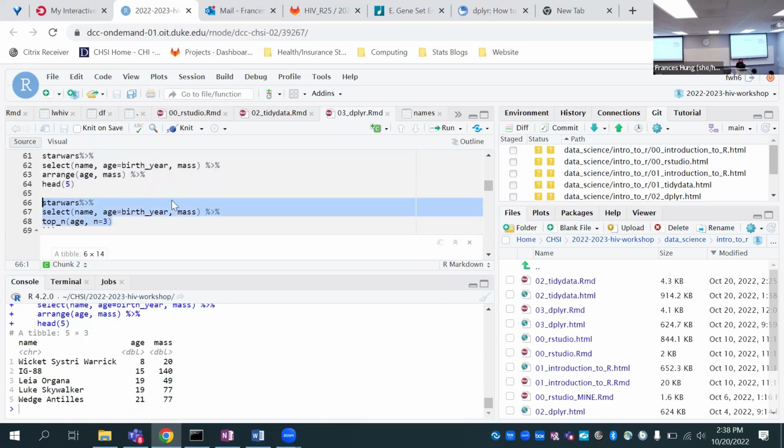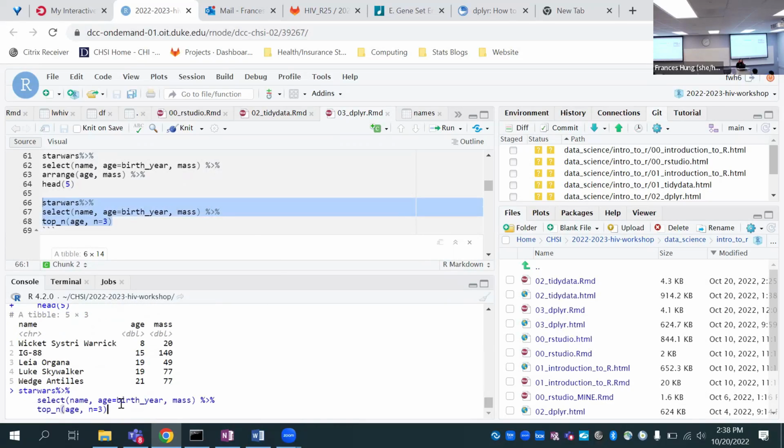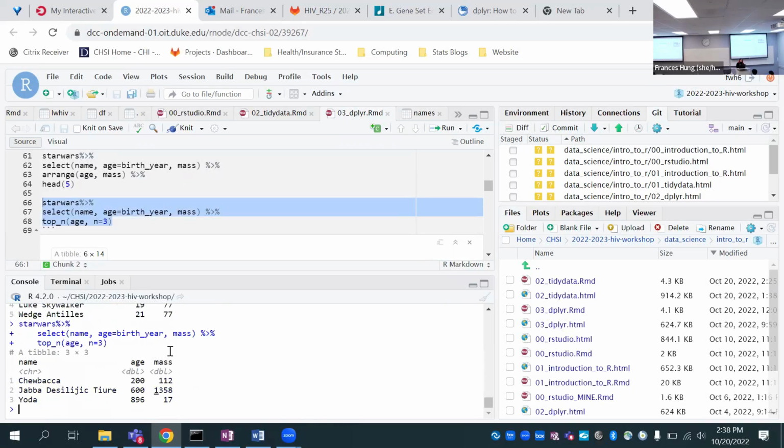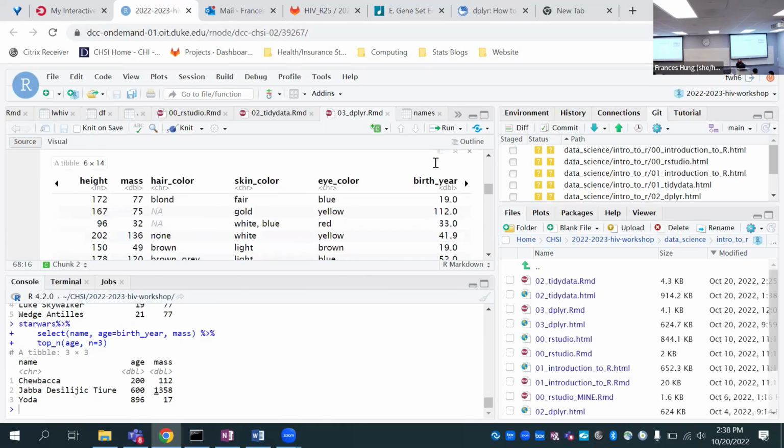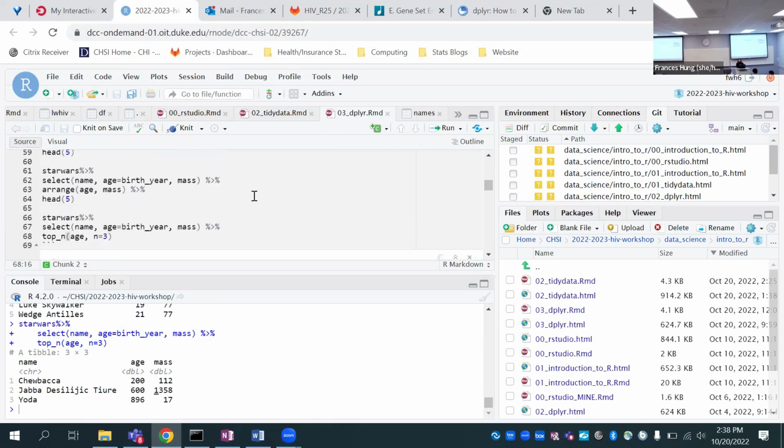And we can use select with other dplyr words. Like in this case, we're looking for people who are, yeah, the oldest, I guess. Top n equals 3, but not necessarily in order. Actually, yeah, in order, that's true. All right, are there questions on selecting? It's pretty versatile. I can select lots of different columns using column name or column pattern, things like that.